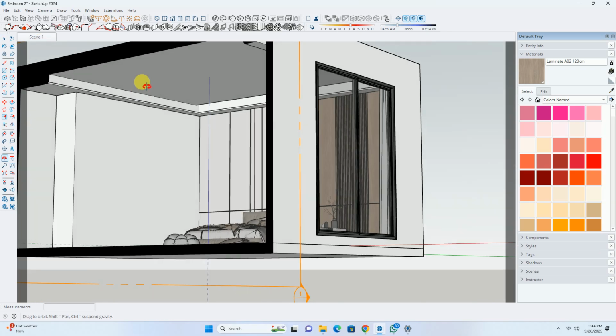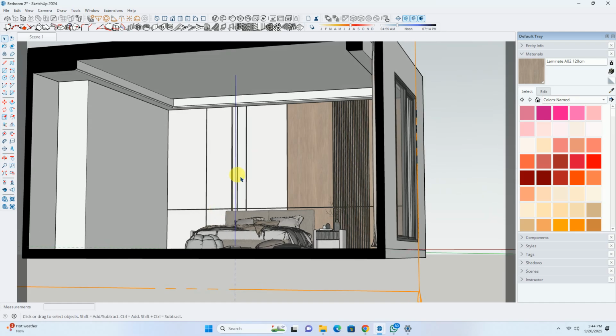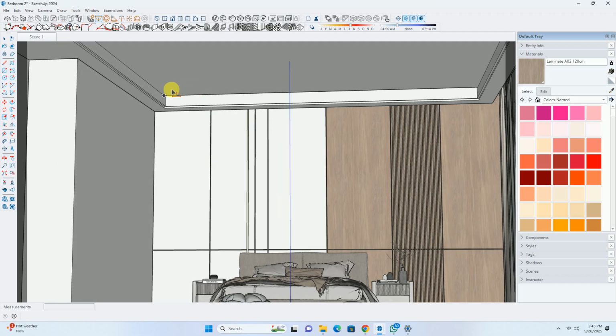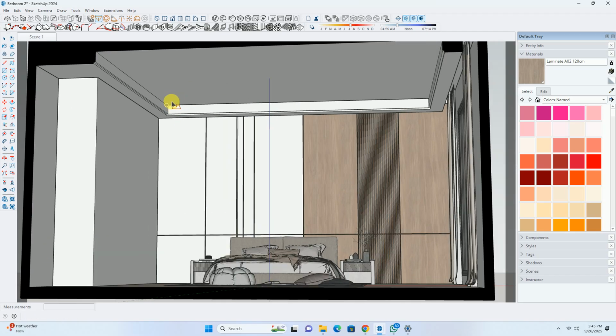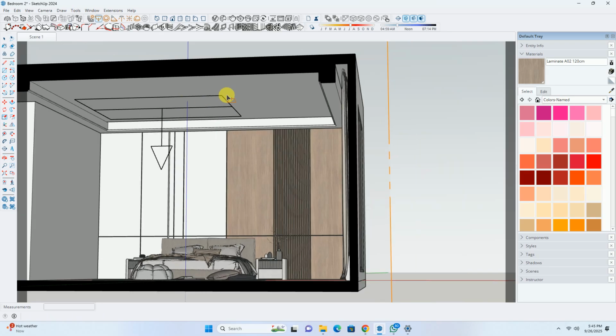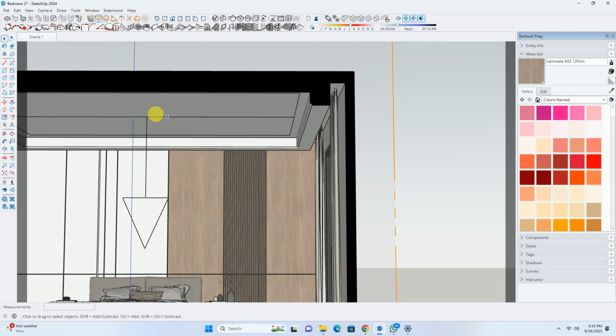So we will be adding two lights. One light we will add from the top that will act on the bottom. Another source of light we will be adding from the camera side to this front wall. For that we will use the rectangular light as a tool. Now don't create the lights from the boundary corner. Try to create the light with a little bit of gap. I'm using a little gap from this corner to this corner, and we are creating a rectangle in this manner.